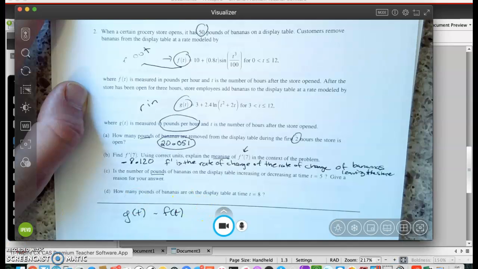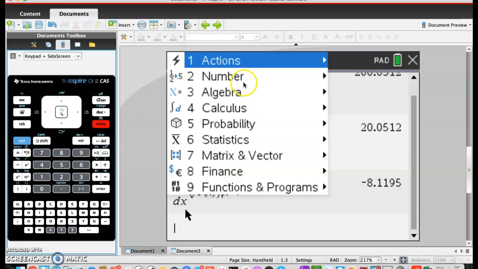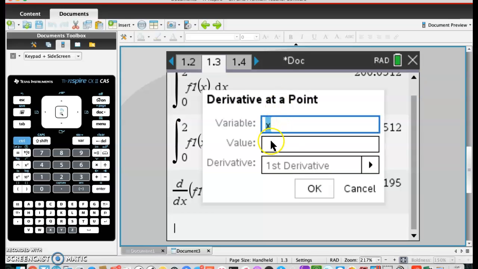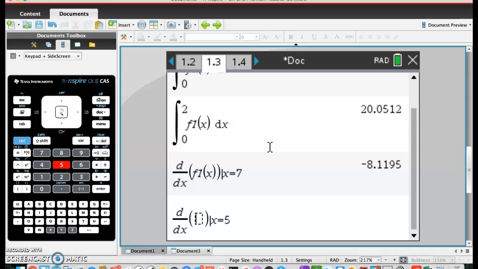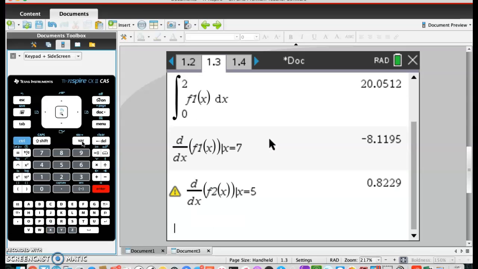So I'm going to come to my calculator. I'm going to go menu, calculus, derivative at a point. It's going to be at 5, and it's going to be for f2 of x to start with. f2 of x, and hit enter. So I got 0.8229